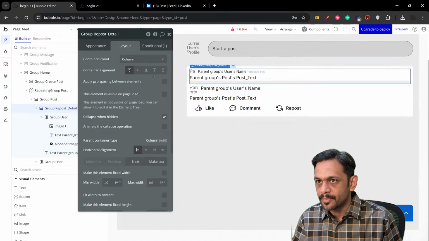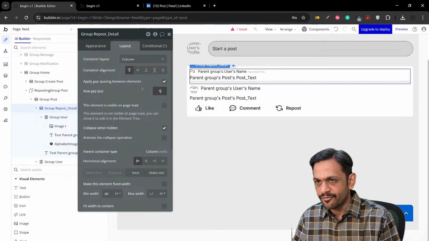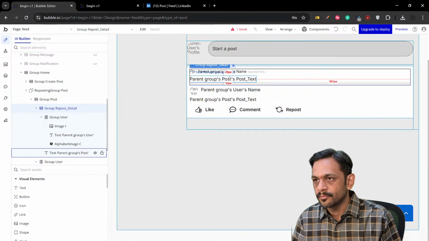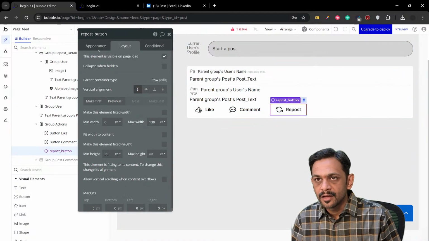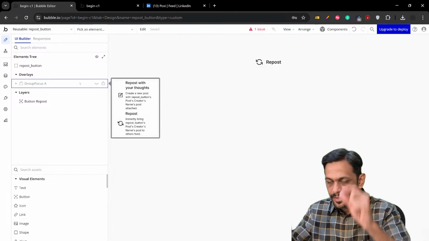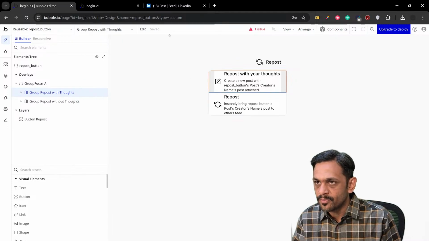Just that we will add some spacing in between. Say 5 should be sufficient. Okay. Now we will allow the users to add the post, the text. Okay. So when the user clicks on repost with your thoughts, what we will do is